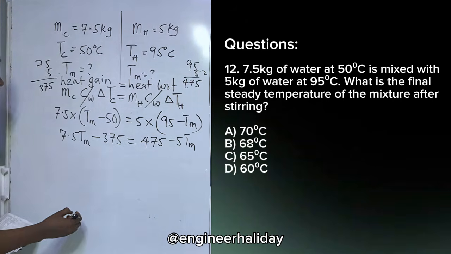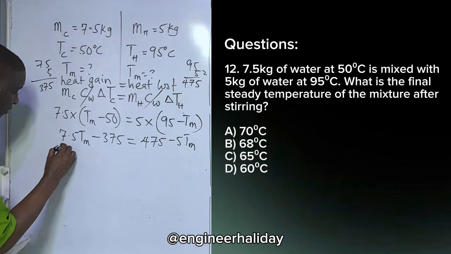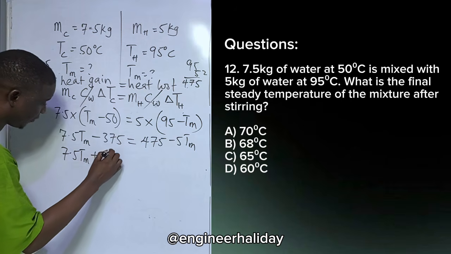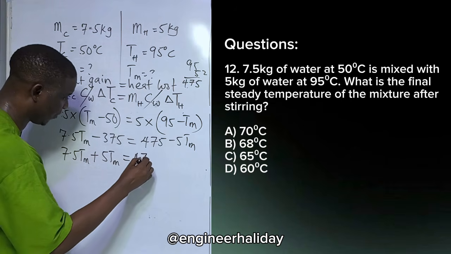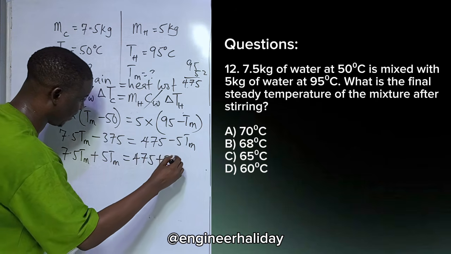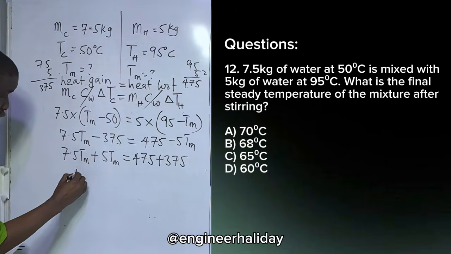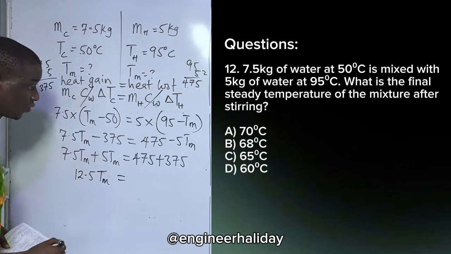We play with it. Now I want to collect like terms. Let this one go there, let this one go there. I want to have 7.5 Tm plus 5 Tm is equal to 475 plus 375. So this one will give 12.5 Tm is equal to